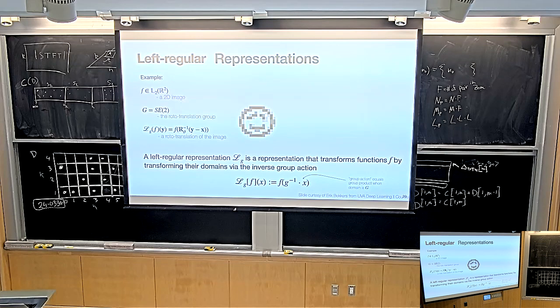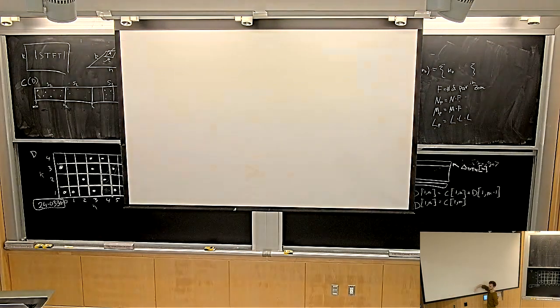When we want to formalize this, we say, okay, we have the space of functions over R2, which in our case might be images. Then we have our group. Maybe the group might be rotations, or the group might be roto translations. And now we want to formalize the idea that I take an element of my group and apply it to my function. So I rotate my image, for instance. And the formalism that people have introduced for that is called